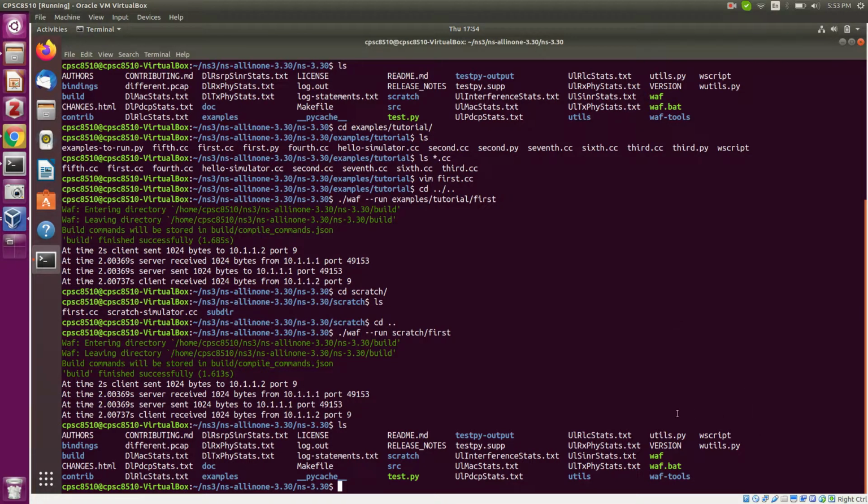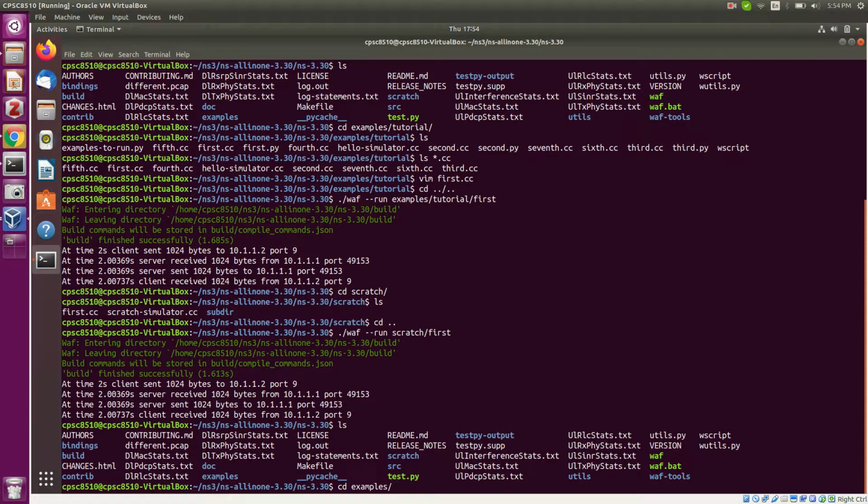This is really neat in understanding lower level statistics that you want to explore further within the code. So that's the basic first thing that you should know about NS3.